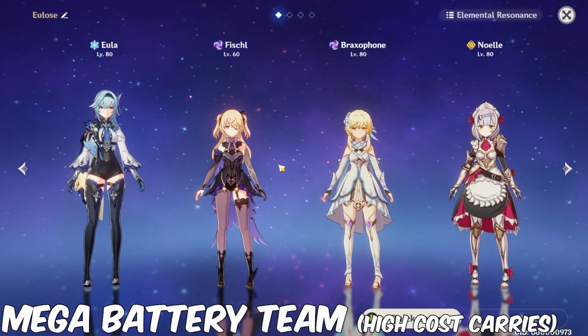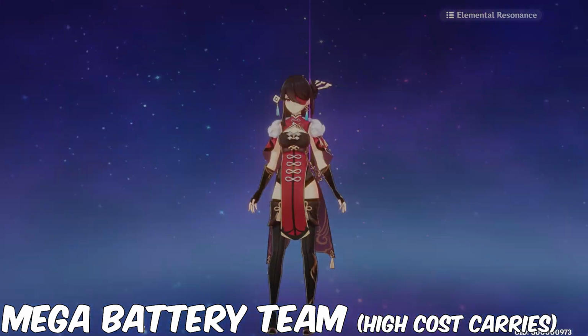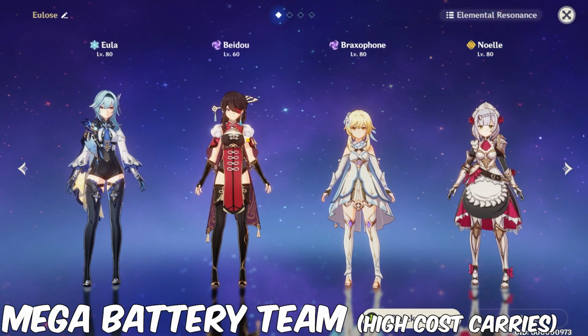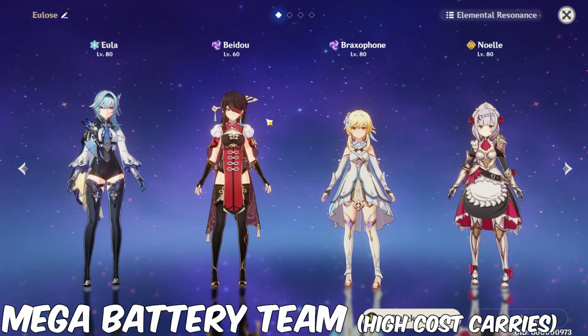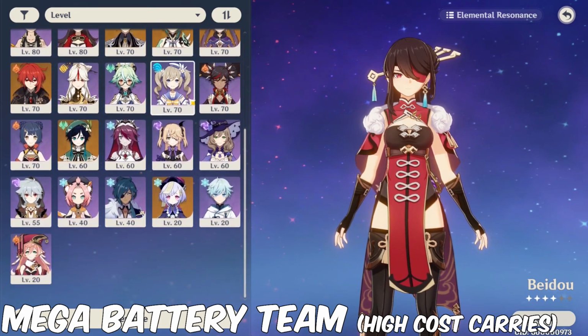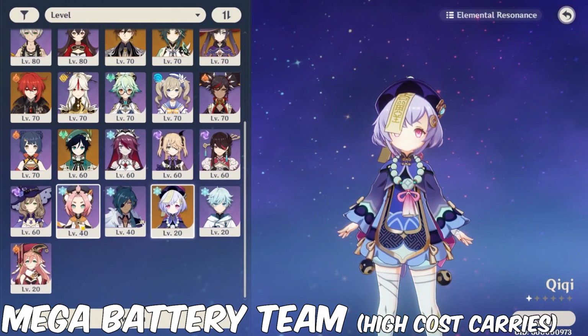You can actually get a similar effect with Beidou too, though Beidou's not as good of a battery as Fischl. You can still use her for the energy bonus that you're going to get with Elemental Resonance, and Beidou helps you output a ton of extra damage as well, which is the one thing that Electro MC is lacking, is extra damage. I'd also recommend Electro MC for your team if you're using someone like Razor and Diona together in a team, so that way you can get Super Conduct off and you can battery Razor's Q,